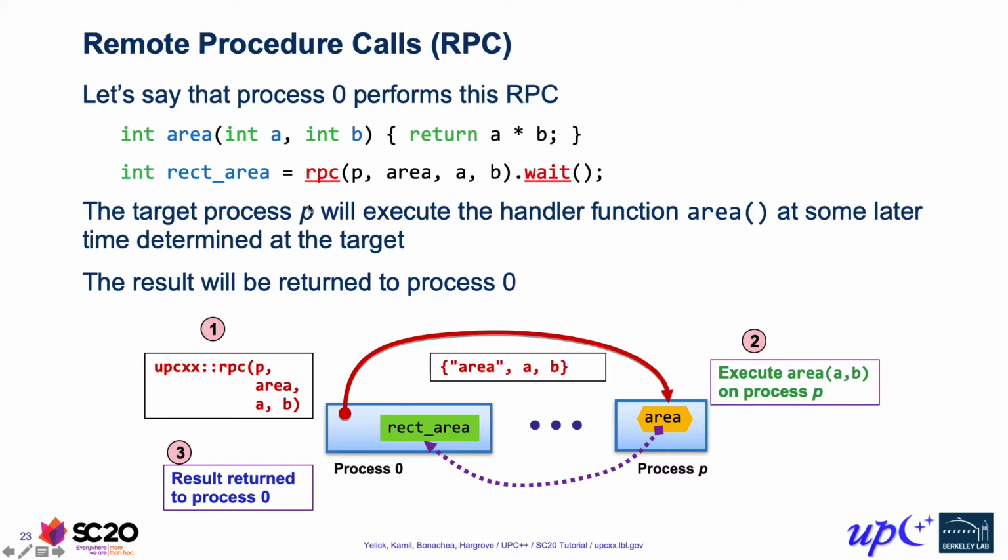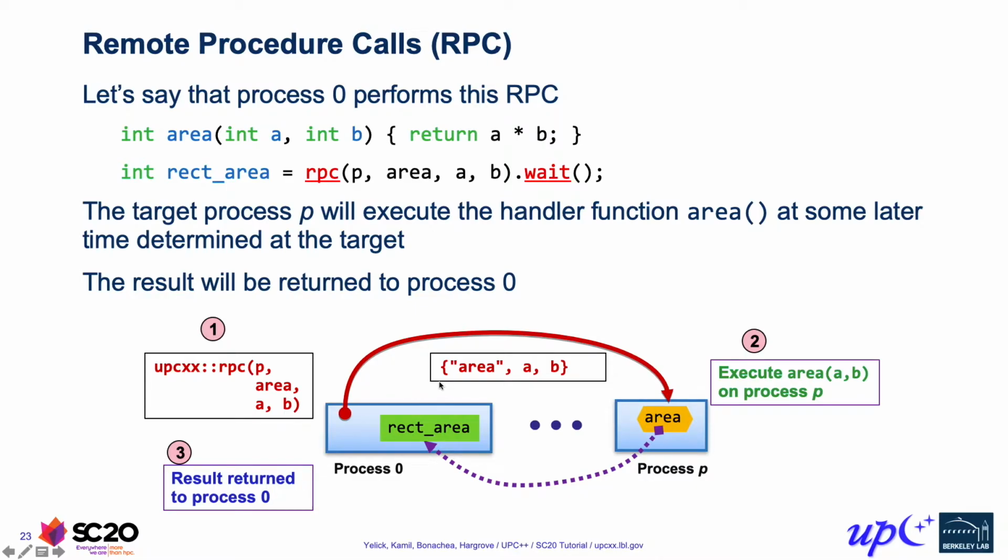Okay, so to launch an RPC over to some target process P, we use the upcxx::rpc function, and we give it the target process as the first argument. We give it the function as the second argument, and then the remaining arguments are whatever the arguments to that function are. So in this case, we might have some local variables A and B that we want to send along to process P. So then what this does is that it launches over the RPC to the target process,